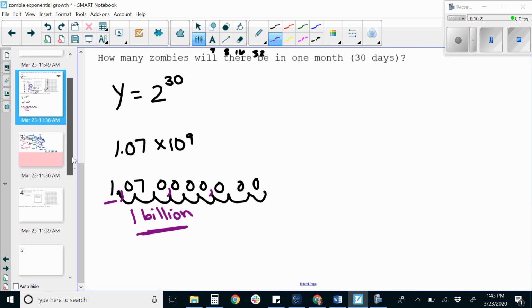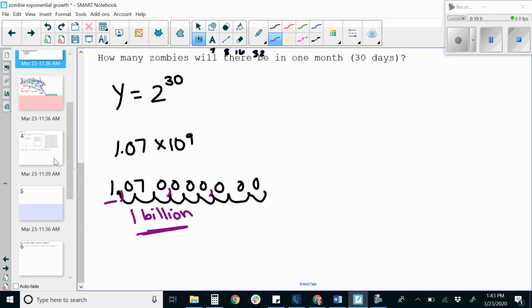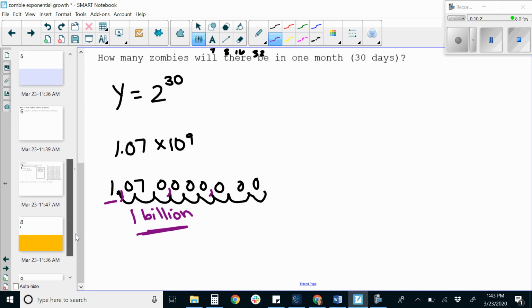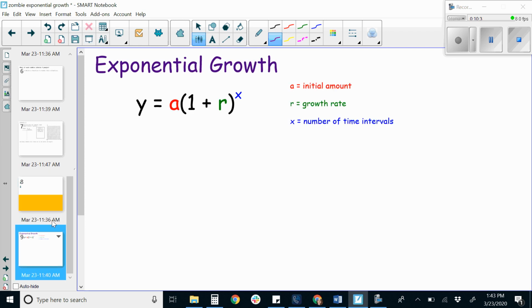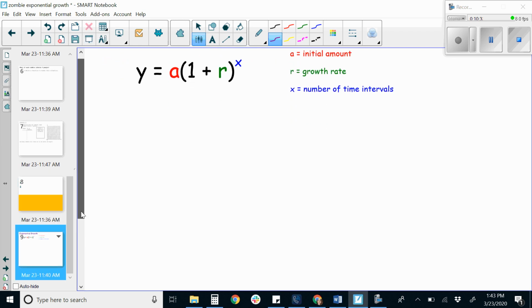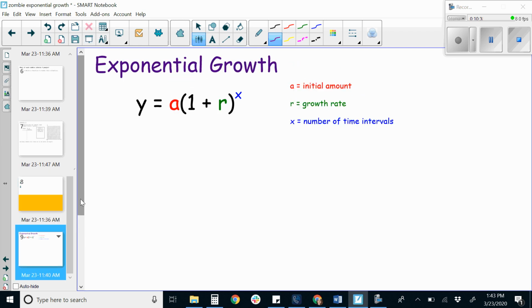Now, we could look at some more examples, but I'm going to skip down for those of you that need a shorter version. And I'm going to show you the equation for exponential growth. All right, so exponential growth is this function. Y equals A times 1 plus R raised to the x power, where A is the initial amount, R is the growth rate, and X is a number of time intervals. So if we look at the problem we just did,